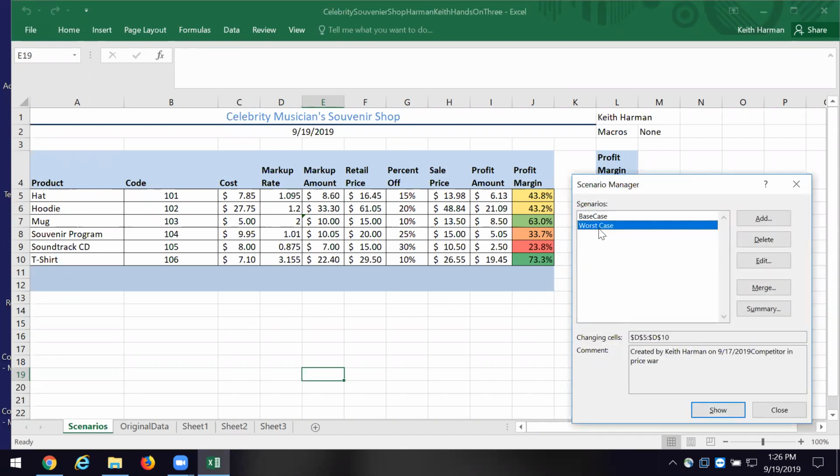Then we did worst case. My competitor decides they're going to go after me, and they have a lot of money, and they're going to get my market share. And so they're going to attack me, especially on my most profitable items. And then once they've priced me out of the market, they'll do what? Being the good people they are, they'll lower the price even more, right? No, they won't. They'll start raising the price.